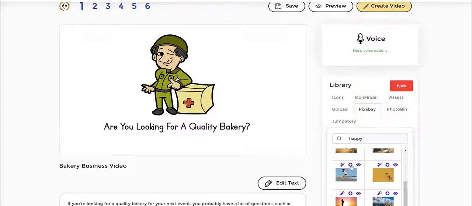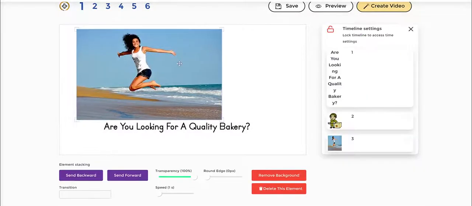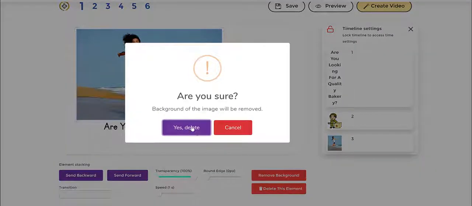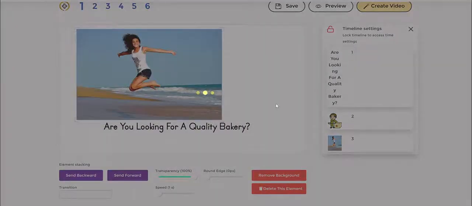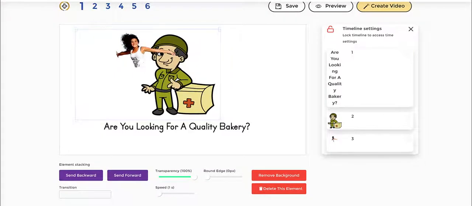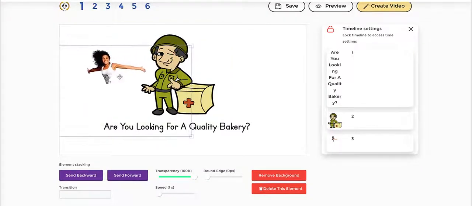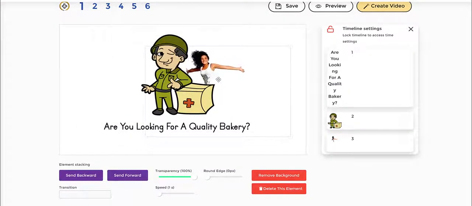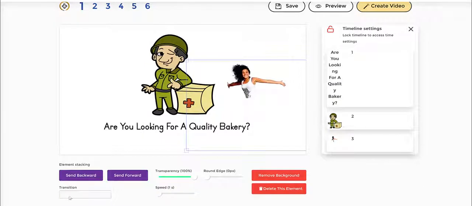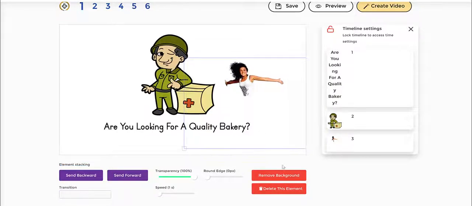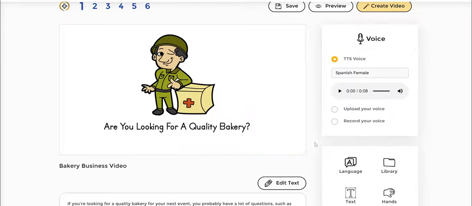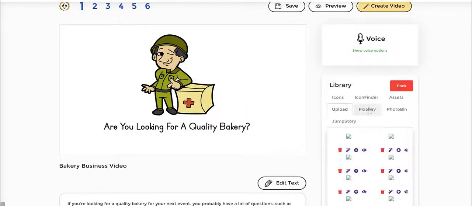So for example, what I can do is I can add her in here like so, and I can remove the background like what you see right now. It's going to take a couple of minutes, but there you go. So we could have something like this, and we can put that anywhere into this and also make that into a transition, like a hand painting, reveal, fade in, fade out, and all that stuff for that asset to come in. And what's even cooler than that is if I delete this, I can go back to library, do the same thing,